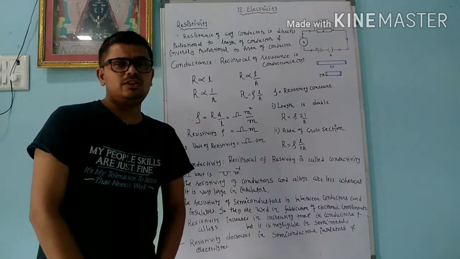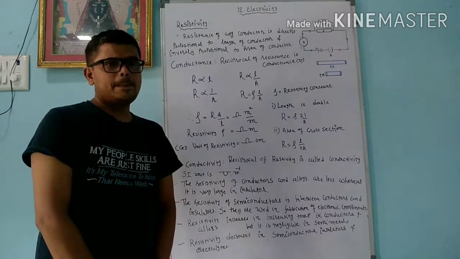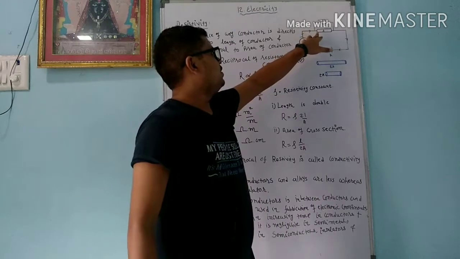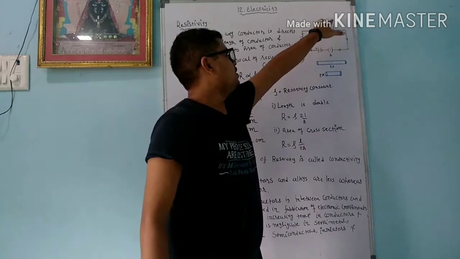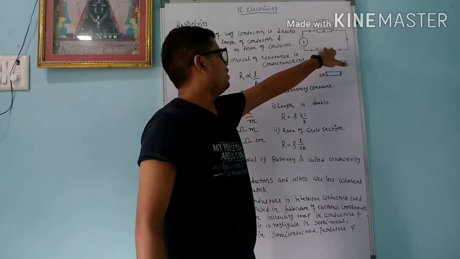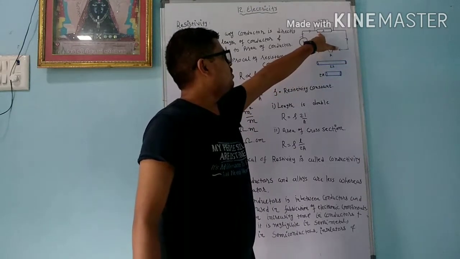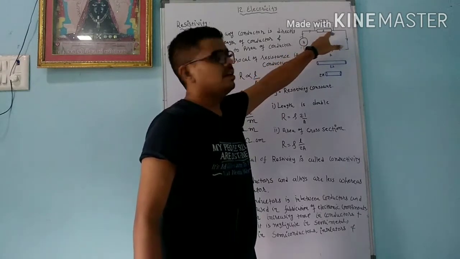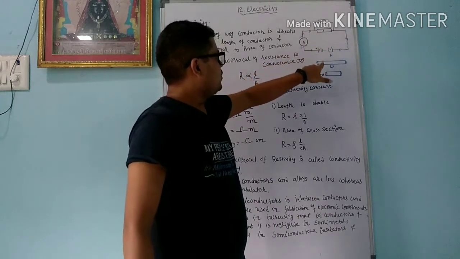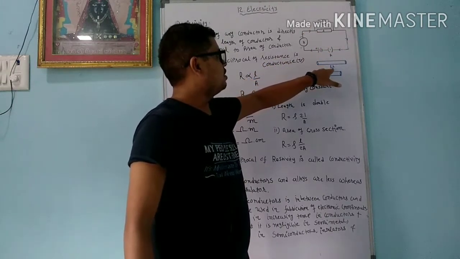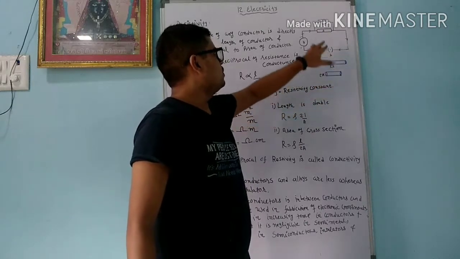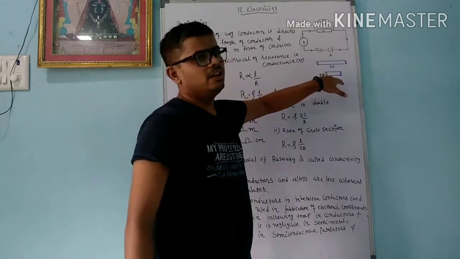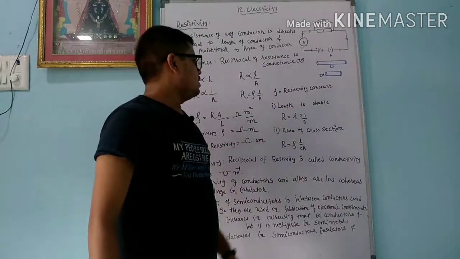Now dear student, we consider two conditions in this circuit. A cell is there, an ammeter is also present, and we connect one wire. The voltmeter is connected in parallel, and it is connected with the key. Initially, we take one wire whose length is L and we find the resistance. In the second case, we increase the length of this wire to 2L and measure the resistance. In the next case, we increase only the area, double the area.